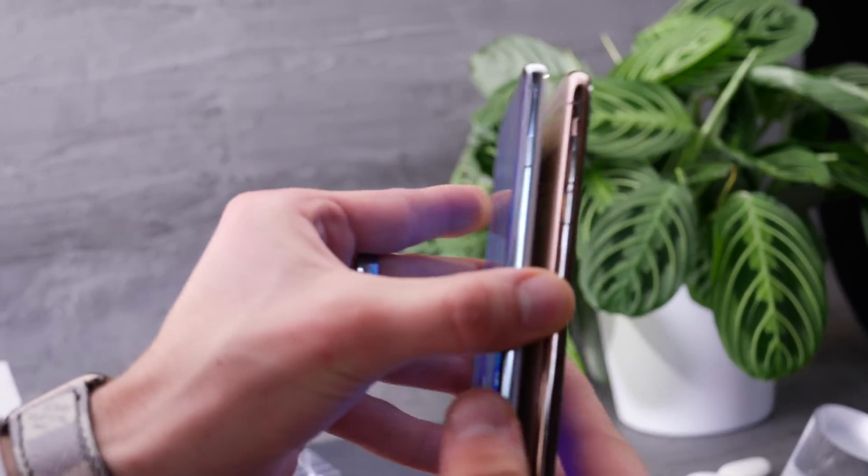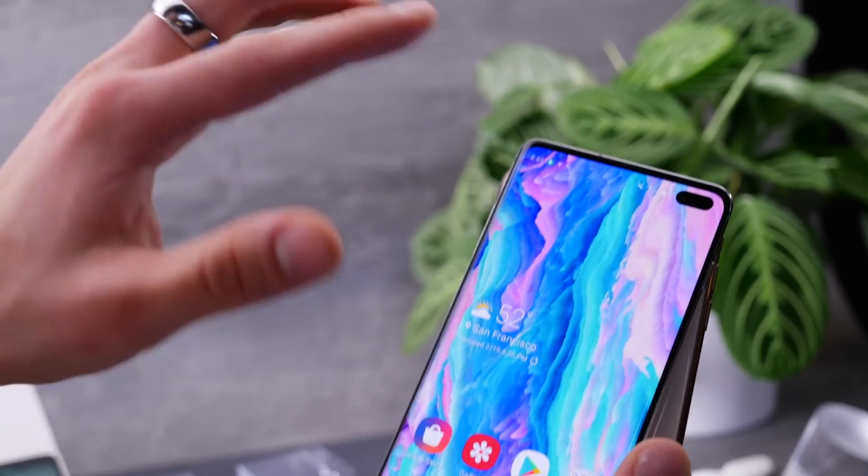One quick note about that, for those of you worried about your battery life, when you're using the feature, as soon as your Galaxy S10 reaches 30% battery life, it will stop charging any external devices so you don't run out of juice. And last but not least, on the top 5 features list,